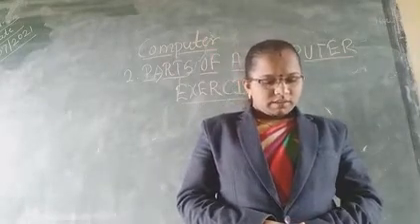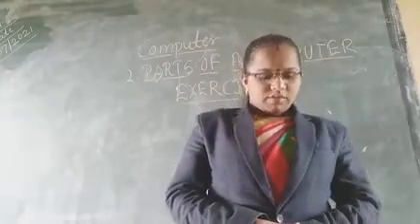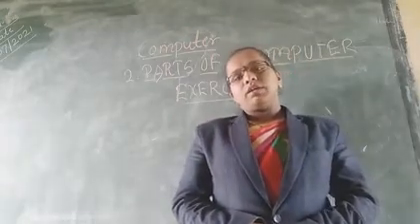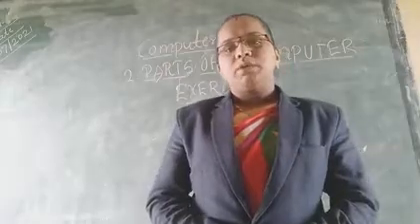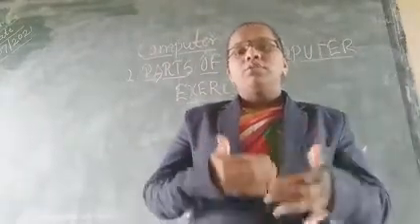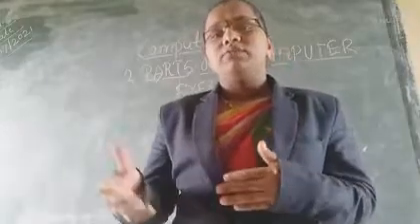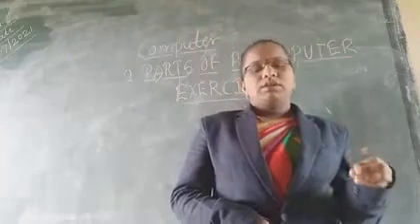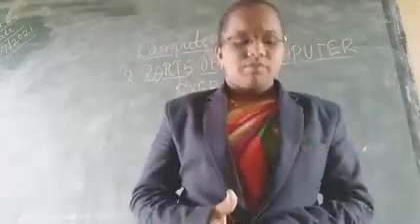Question 12. The dash dash is called the brain of a computer, CPU and mouse. What is called the brain of computer? So correct answer is a CPU. CPU is called the brain of computer because it processes the input and after that it gives the output. So therefore the CPU is called the brain of the computer.